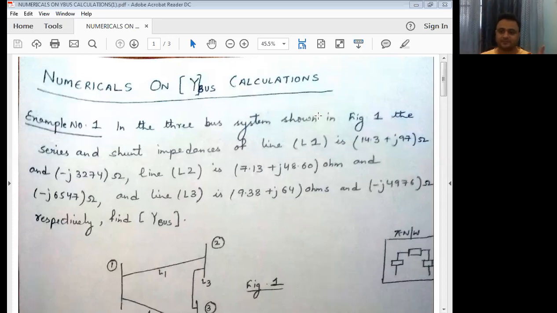So in the previous video, two categories of numericals have been discussed, named as node elimination technique and how to solve 4 by 4 Y-bus matrix. A 4 by 4 Y-bus matrix is somehow complicated to solve as compared to a simple 3 by 3 or 2 by 2 matrix. So we are continuing this video on the topic how to solve Y-bus calculations from a given